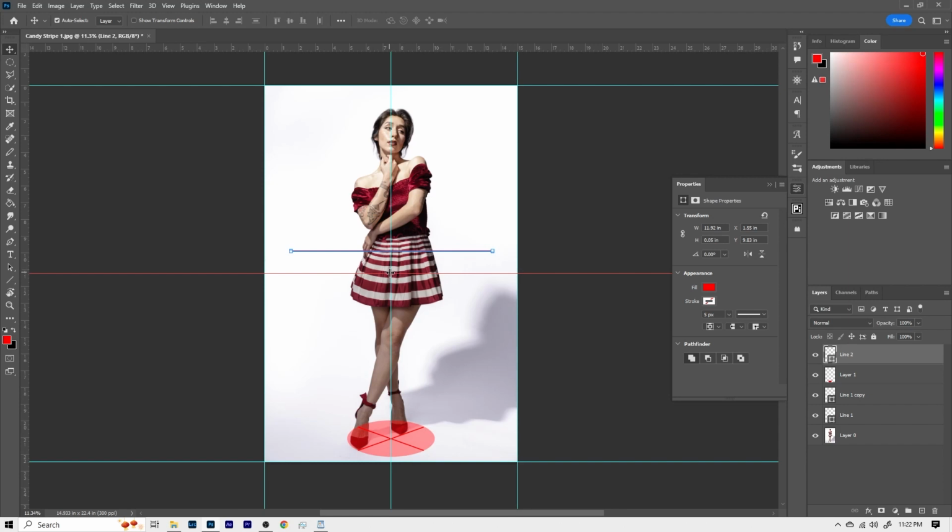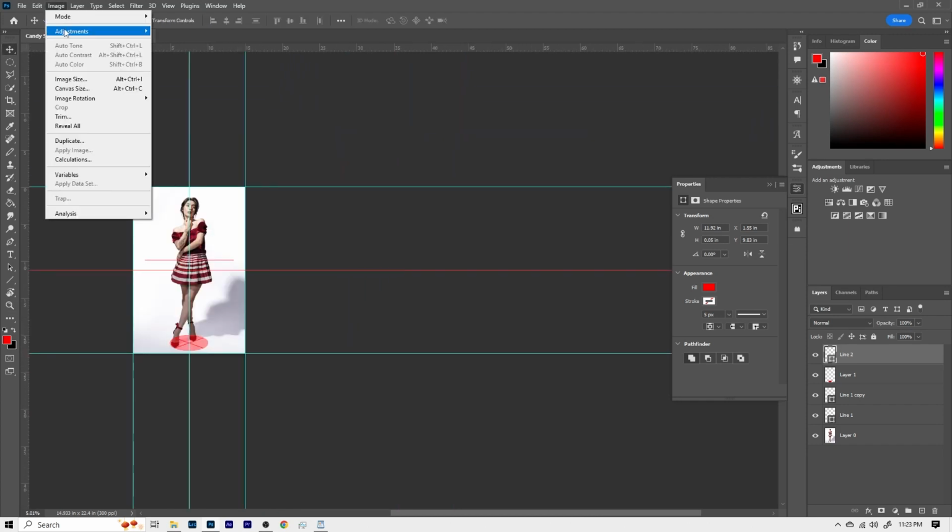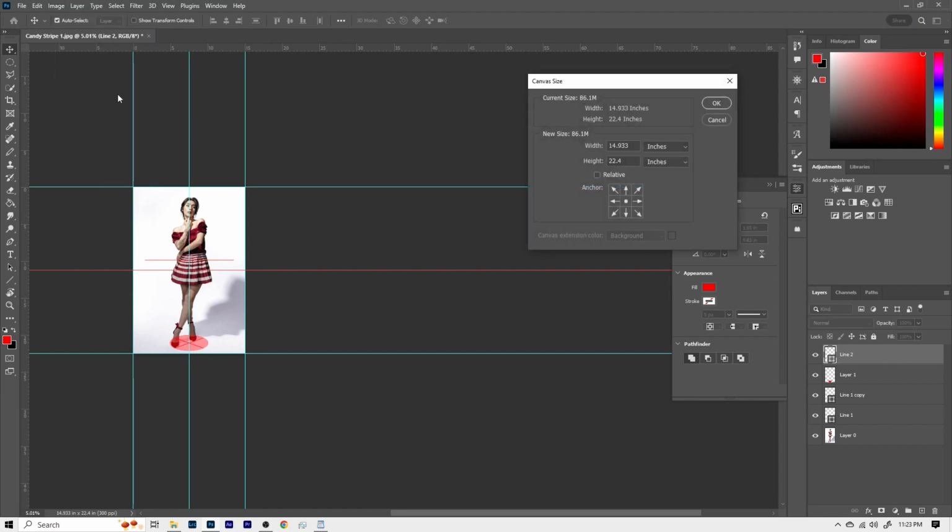Okay. So to show this, let's zoom out here. And I'm going to go up here to my canvas size adjustment. And I want to make it wider so I can see how she sits in here. So let's change the width. I'm going to multiply by 5 and slide it that direction.